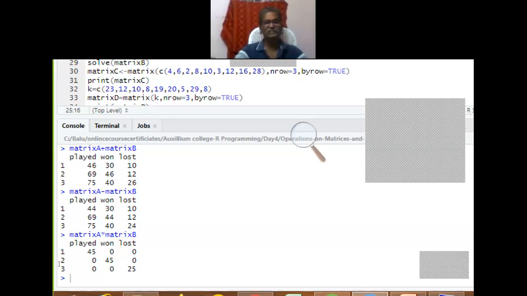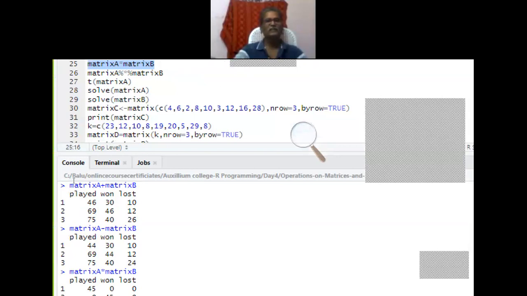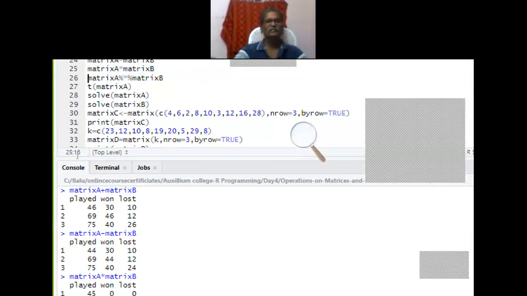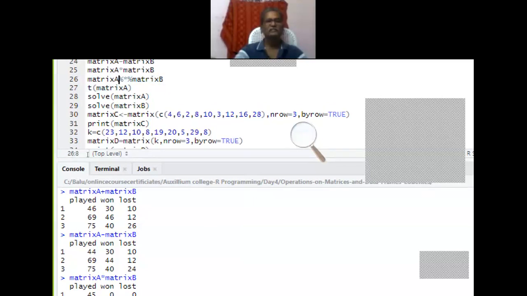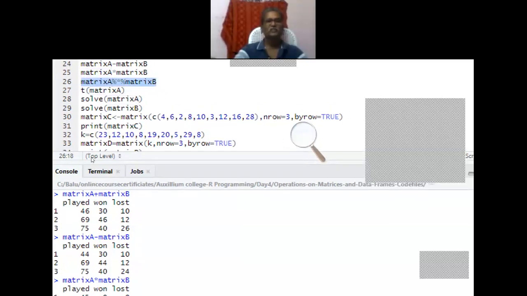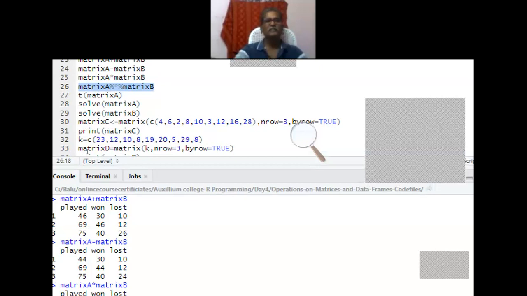Actual multiplication is the first row with the first column of the second matrix, then the first row with the second column, likewise. Row with column is the exact matrix multiplication. To do that, we have to use matrix A, percent star percent, matrix B. Simply if you give star, just the elements get multiplied.